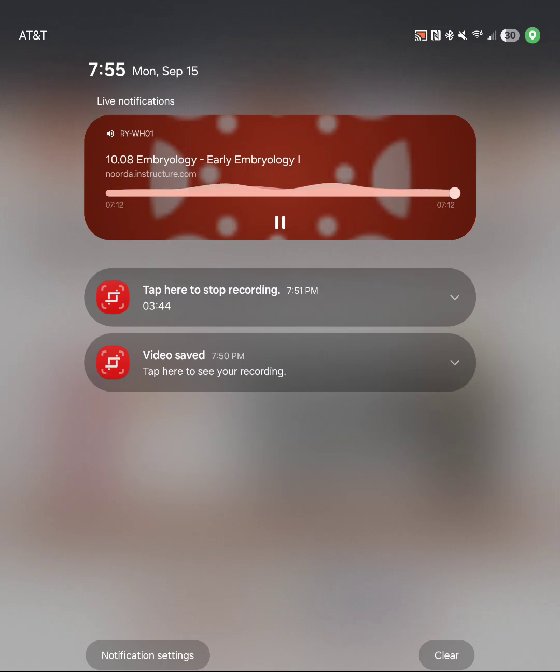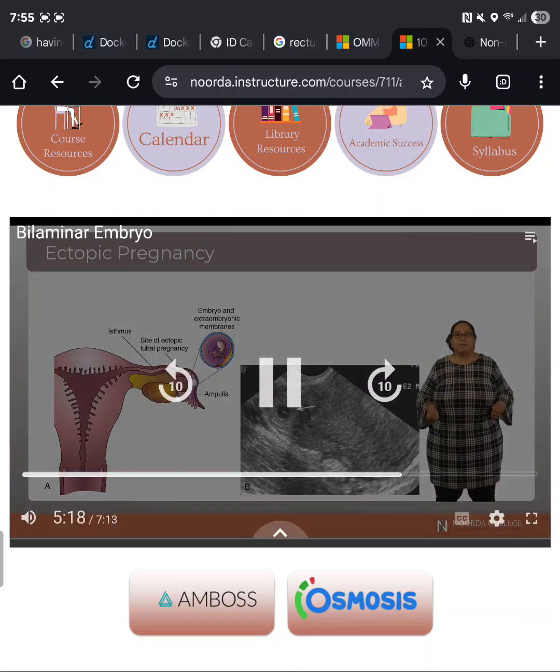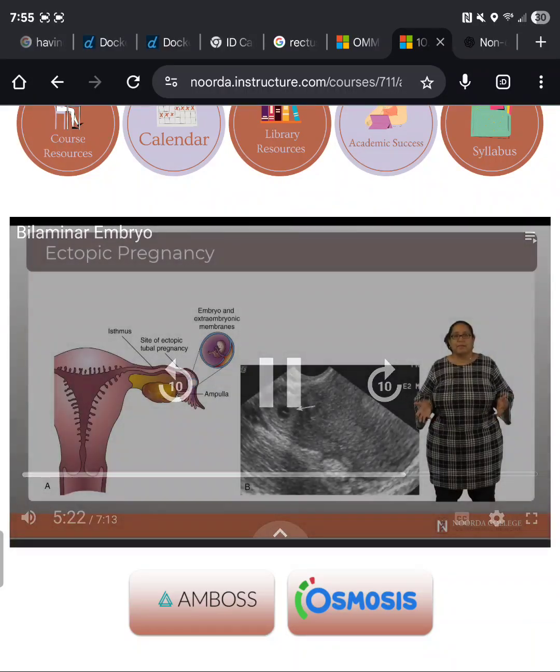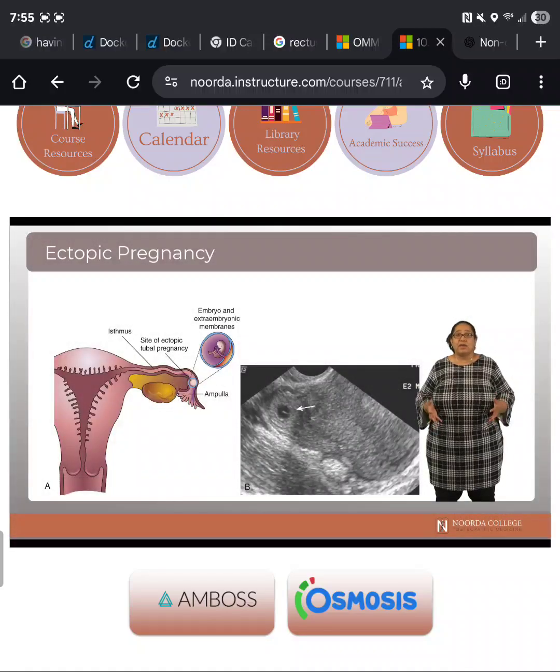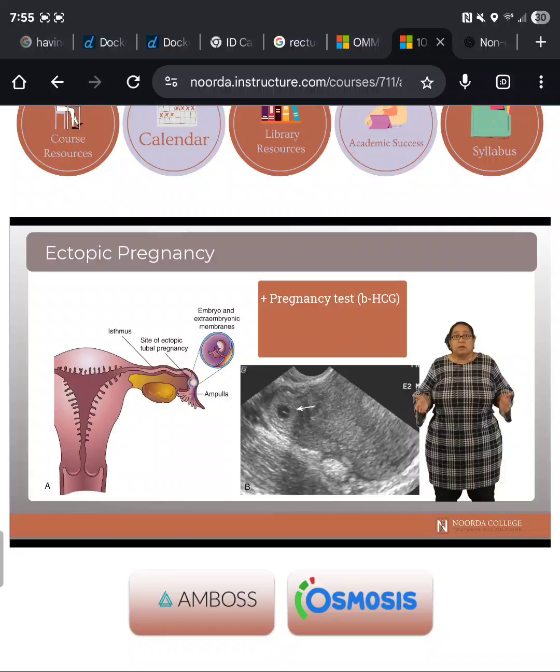to the uterus. You might think, so what if the embryo is embedded in the uterine tube instead of the uterus? Well, as the pregnancy progresses, the growing fetus will impinge and eventually rupture that tube, and you'll have bleeding into the peritoneal cavity. In many cases, the patient will present with signs of pregnancy, including a positive pregnancy test, right, which is looking for beta-hCG in the urine or the blood,